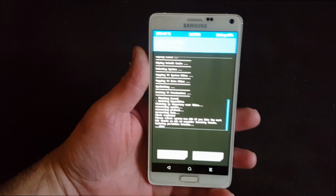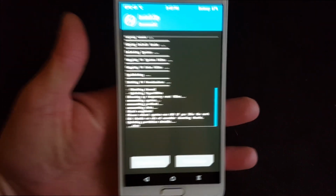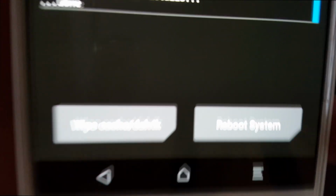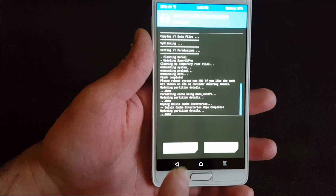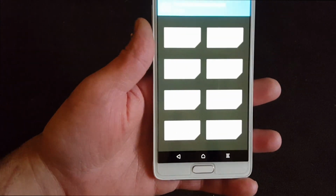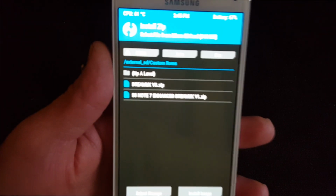Okay, guys, so that took roughly about 2 minutes, I believe it was. So what we want to do now, we're going to go down here. It says wipe cache and Dalvik right here. I don't know if you can see that. We're gonna hit that button right there, and we're gonna swipe it to do that. And now we're not done yet, guys. We cannot reboot yet. What we need to do now is go back to install,